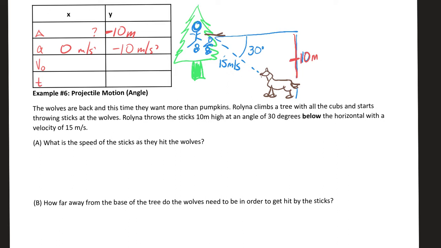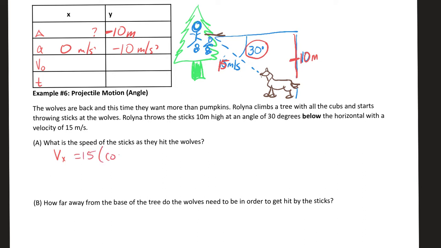So it looks like I don't have very much to solve for, but I do also have the fact that I've got an angle here of 30 degrees. I also have that the final velocity, my hypotenuse, is going to be 15 meters per second. So I can use those things to determine some of the missing variables. First, I need to find the velocity in the x direction, which is going to be equal to 15